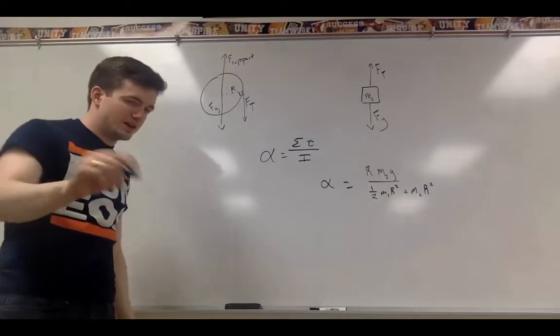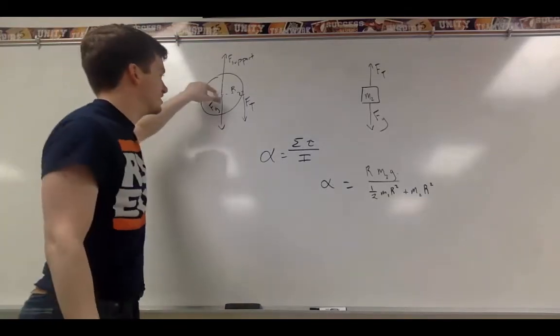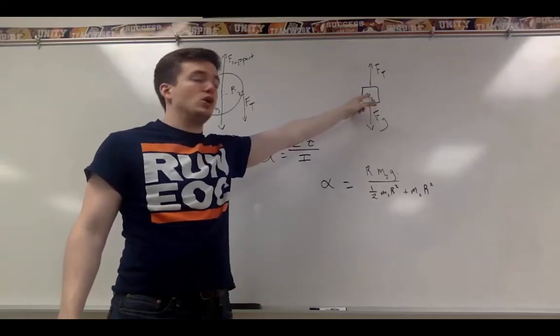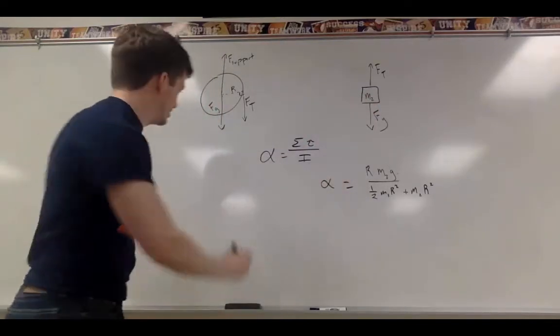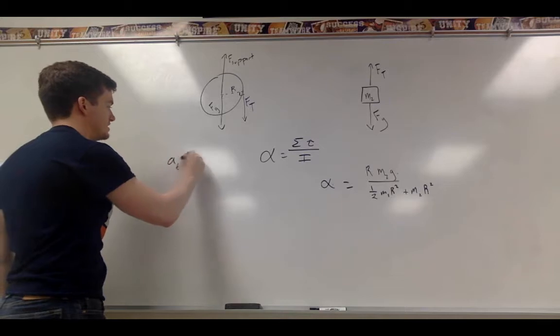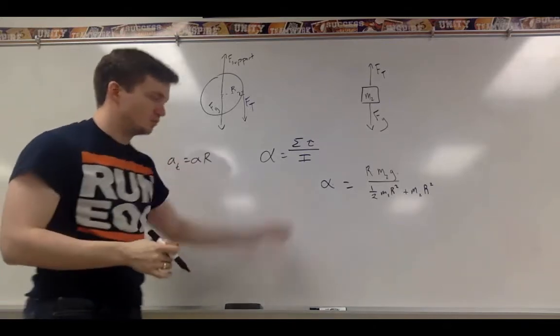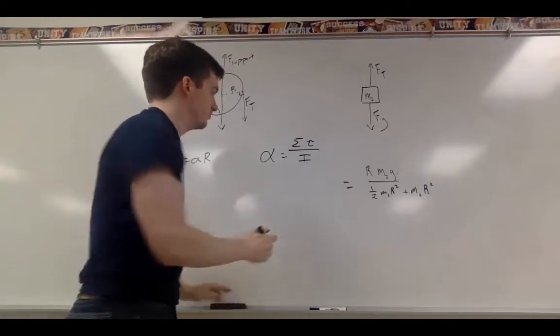But let's think back to what I said a minute ago. We don't want the angular acceleration of the pulley. We want the translational acceleration of this, the tangential. Well, we know that there's a relationship between those things. AT equals alpha times the radius. Do a little bit of rearranging, plug it in. This turns into